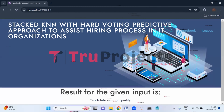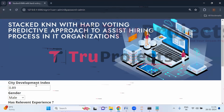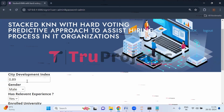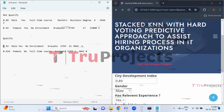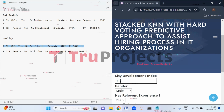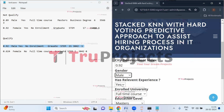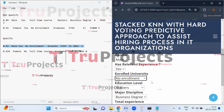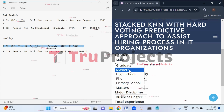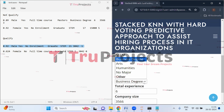Now let us enter another set of parameters. So here let us enter another set of parameters from the test cases itself. So let us enter these parameters. So the city development index is 0.92, gender is male, has relevant experience, yes, enrolled university, no enrollment, education level is graduate, major discipline is STEM,